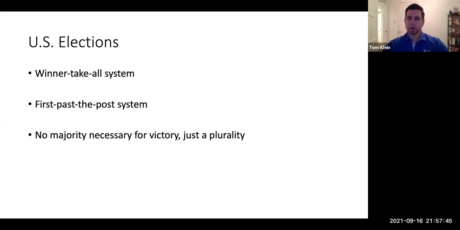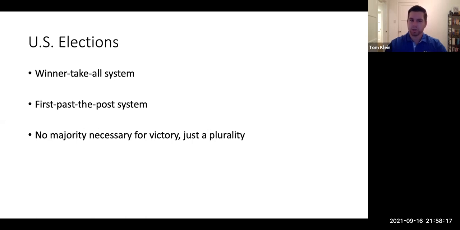Also, things you should know about our election system. It is a winner-take-all system, and we've talked about this before, meaning that whoever wins the most votes wins the election, right? You can win 49.9% of the vote, the other person wins 51.1%, they win, you get nothing. It's winner-take-all, and it's a first-past-the-post system. Whoever gets the most votes wins. So let's say it's a congressional district for the US House of Representatives. Whoever gets the most votes out of the candidates running wins the election. Everyone else gets nothing.